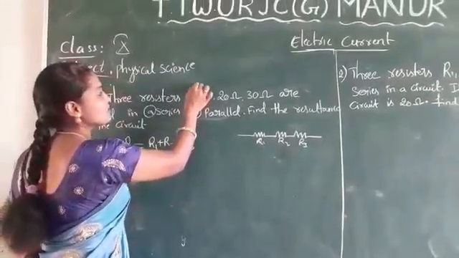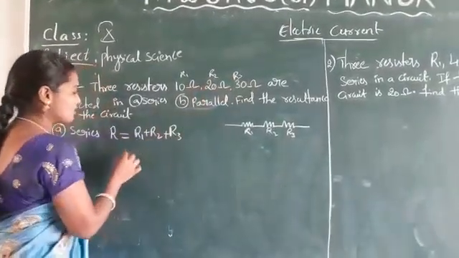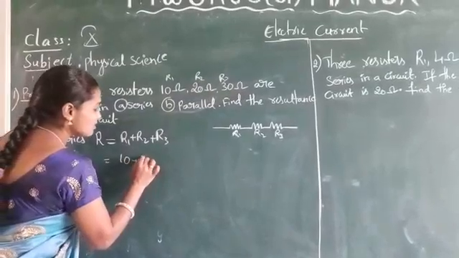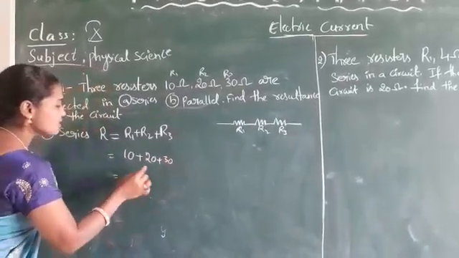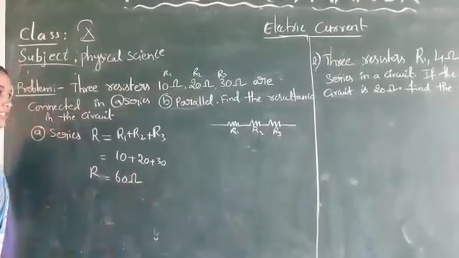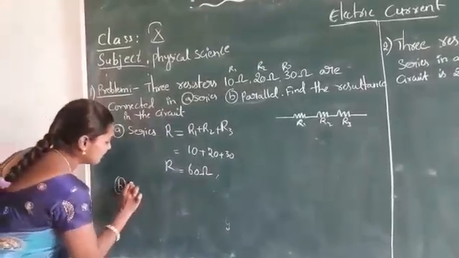Let us assume this is R1, R2 and R3. Substituting these values in the equation, that is 10 plus 20 plus 30, which is nothing but 60. So the resultant resistance is 60 ohms. This is in the case of series. Now in the case of parallel,